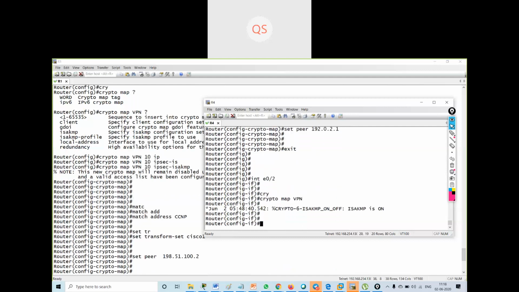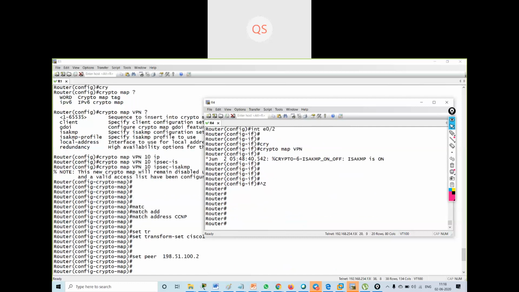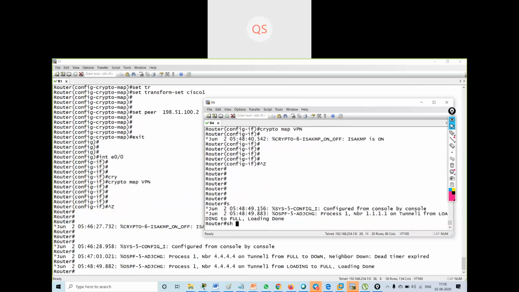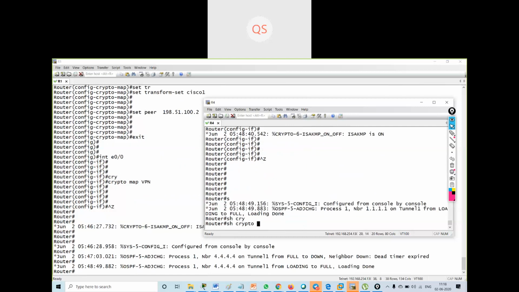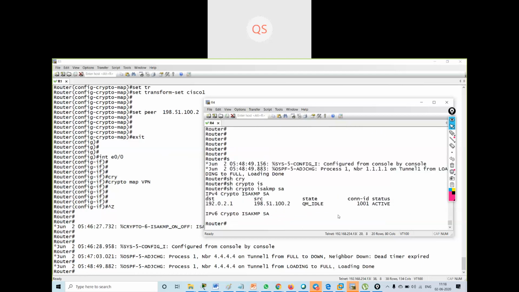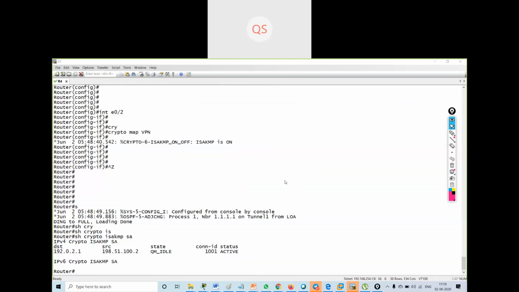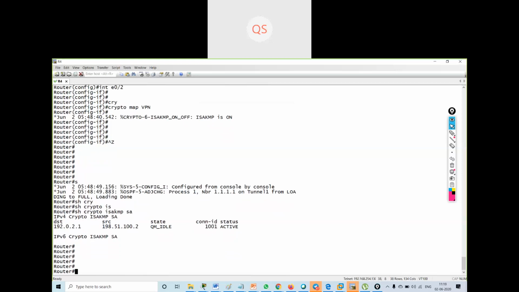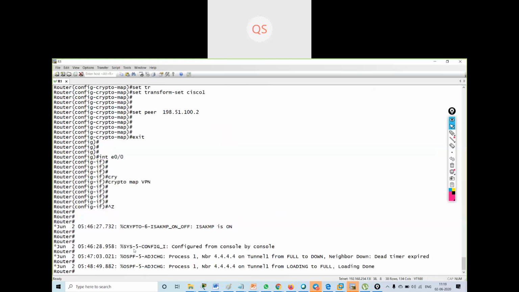Now if I verify the command show crypto ISAKMP security association, I will get an association over here. The destination is this, and my source is this. I got an association. If I go on R1 and check